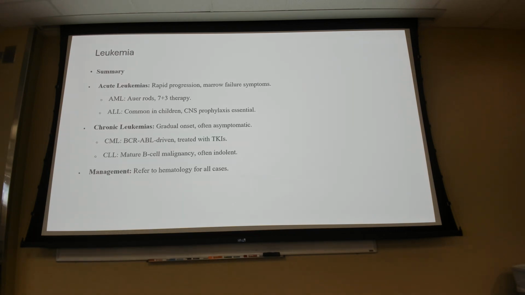All right, so again, think of it, AML versus ALL, both acute. Which lines are affected? Myelogenous versus lymphoid, and then chronic versus CLL versus CML. Hallmark of CML is what? CML, Philadelphia chromosome. All right, if you have any questions, come yell at me. Management, refer to